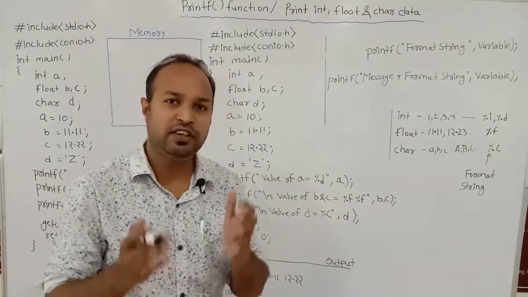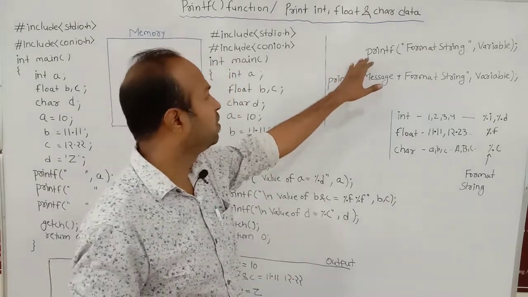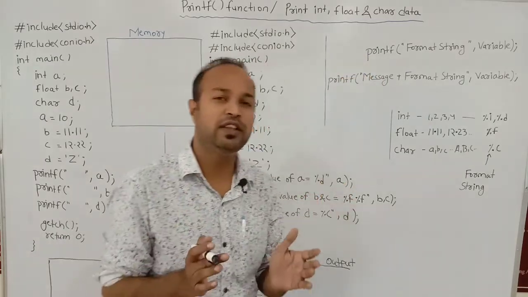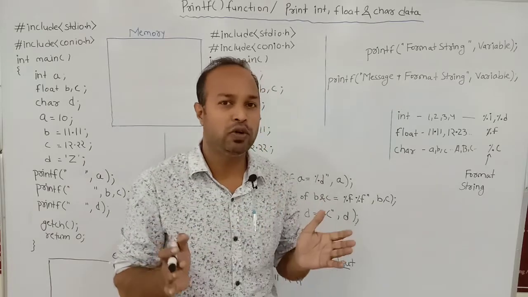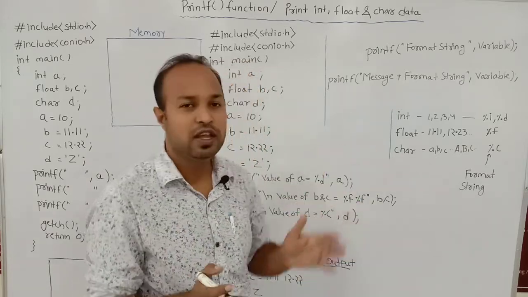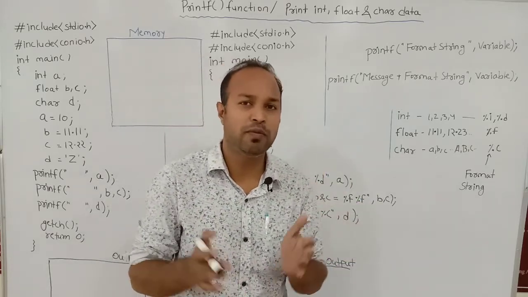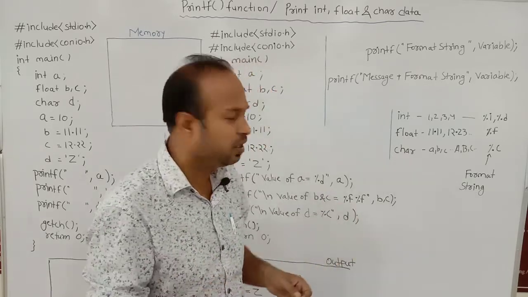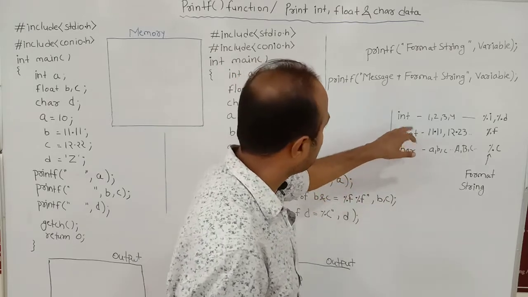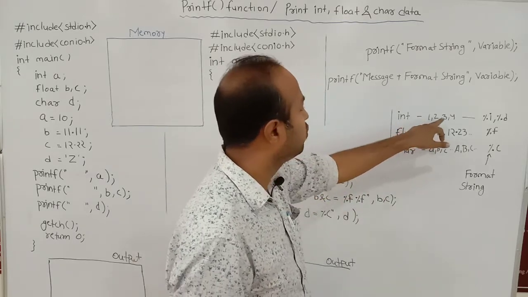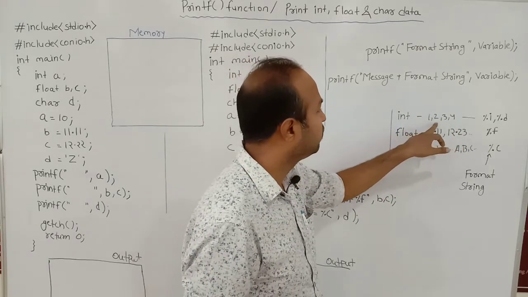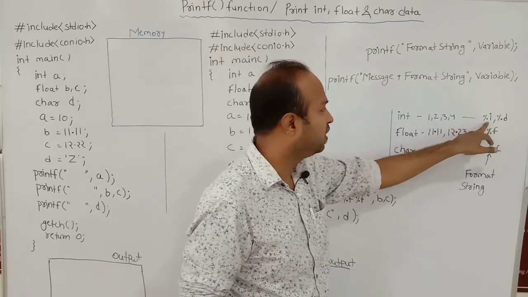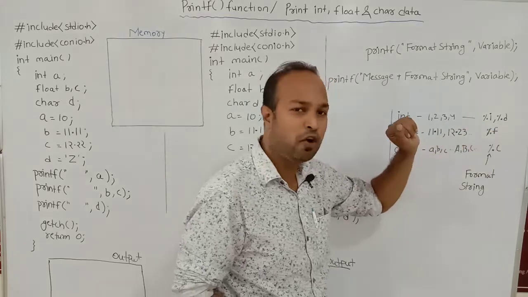And for printing these data types, we can use these two formats. First format is this and second is this. Before printing these data types, we have to know about the format specifier. We have already studied format specifiers, or format strings, in a previous video, but we will see it here. For example, if we want to print integer data, means 1, 2, 3, 4, 5, then we have to use the %i or %d format specifier.